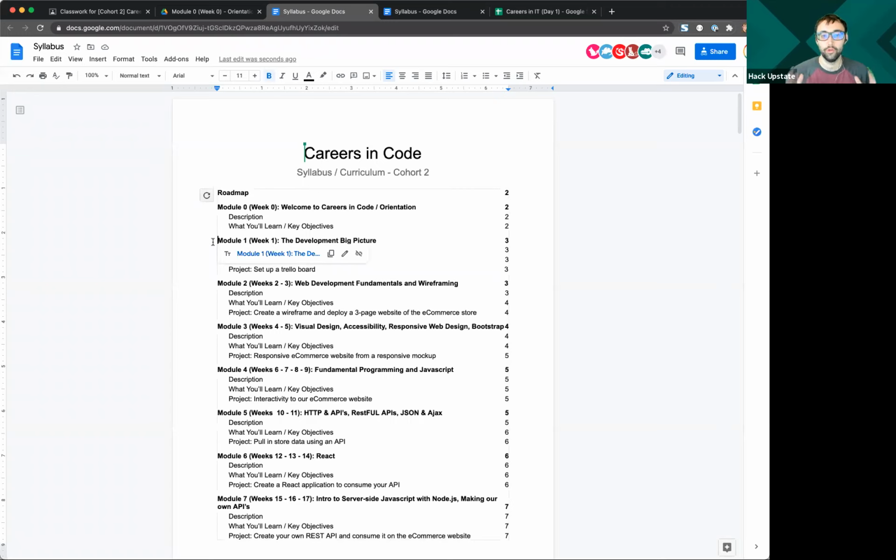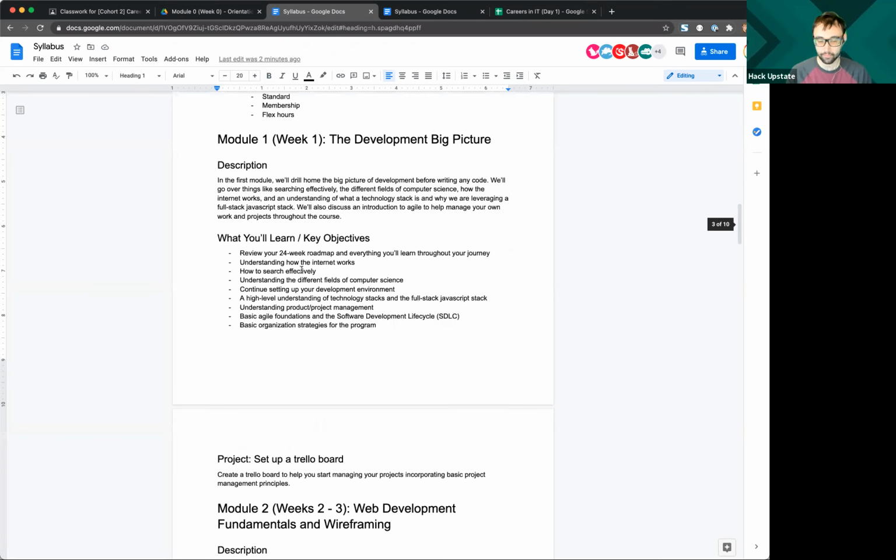So you guys have made it to module 1. You have made it to that development big picture. So let me jump down to that section. You'll find that everything that I cover in my stand-up is coming from what these key objectives are. And the great thing about this program is that we approach it in a very agile method. So when we're going through this and we find different things that we're teaching, or we're running out of time to teach different things, at the end of the program, we're able to go back in and update the syllabus to make it even better.